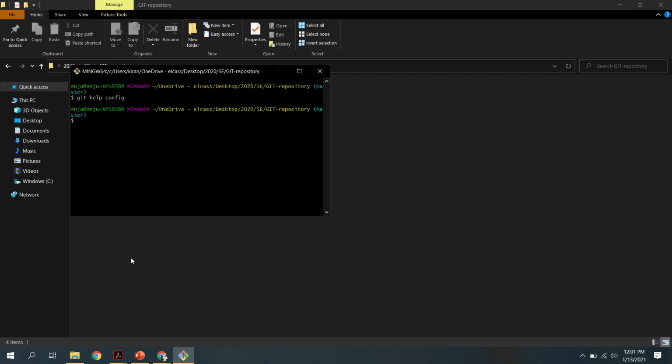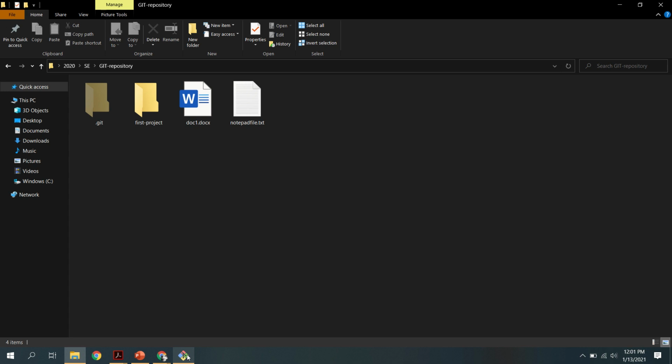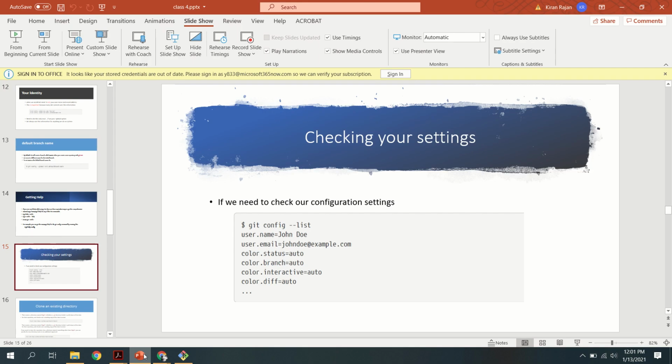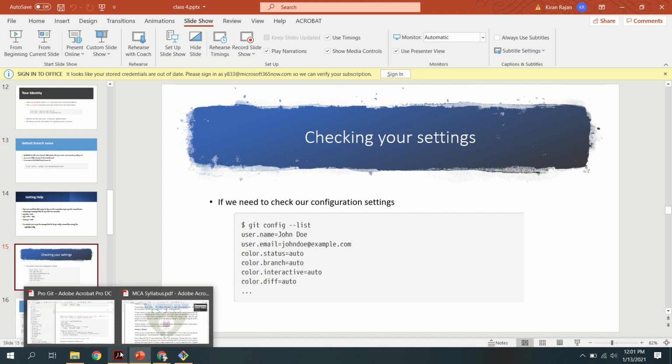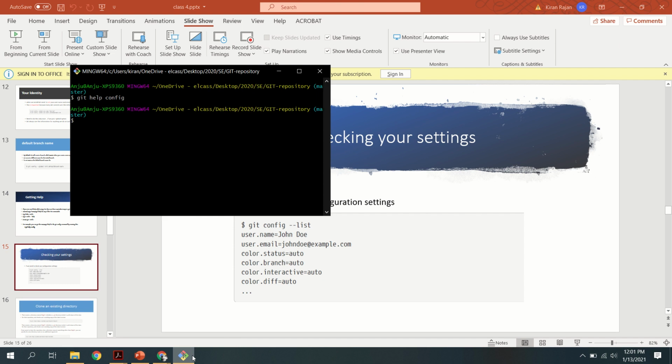Here I am going to explain how to see your configuration settings. For that purpose, you can use the command git config --list. That lists all the configuration details. You can use that command in the terminal: git space config space --list. Okay, I am typing enter.